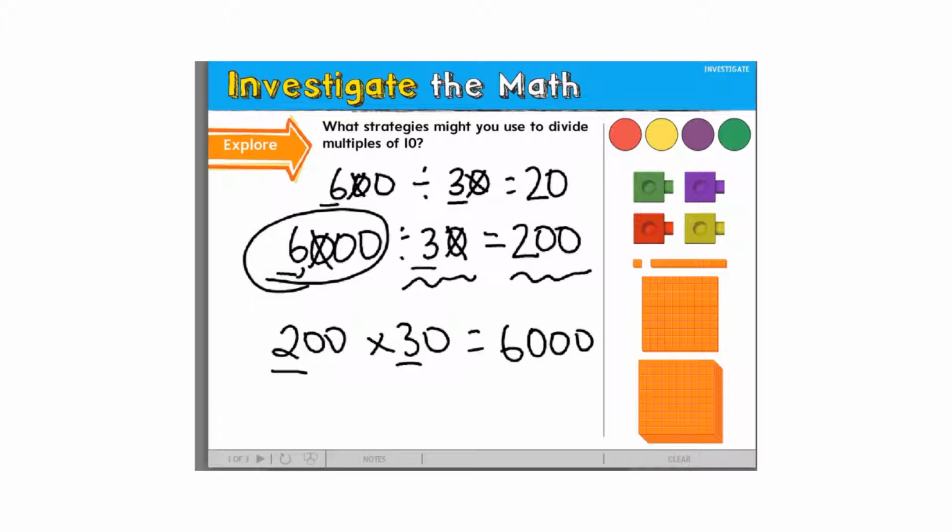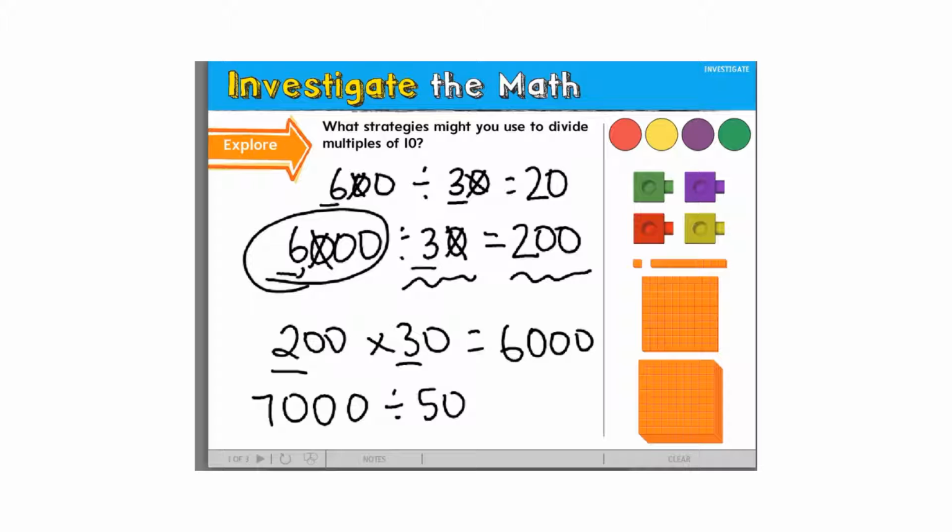So you're crossing out the zeros that they have in common, but if there's zeros left over, those become part of your answer. Malachi. What if I'm doing 7,000, let's just say divided by 50? Would it be 7 times 5? Or would it be how many times 50